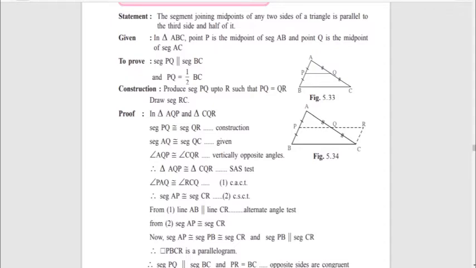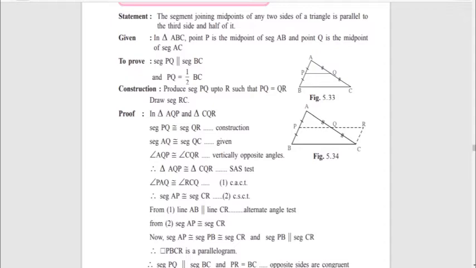Now we can see the corresponding angles of congruent triangles and corresponding sides of congruent triangles. We want angle PAQ and angle RCQ. So we are selecting that. Angle PAQ is congruent to angle RCQ, corresponding angles of congruent triangles. Keep it as equation 1. And segment AP is congruent to segment CR as corresponding sides of congruent triangles. Keep it as equation number 2.